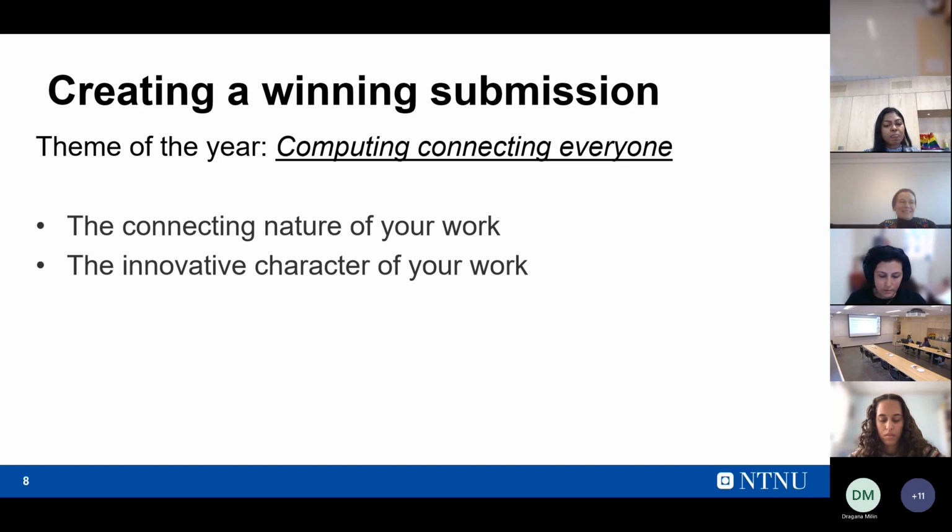In addition, as with any other publication, defining the innovative character of your work is something that we look for. For example, highlighting new research achievements or the application of existing technology in industry or society.